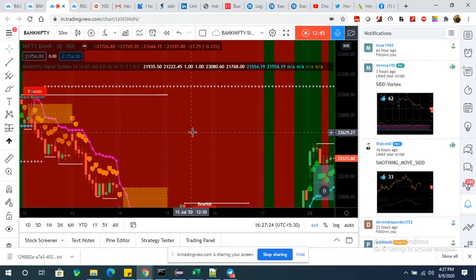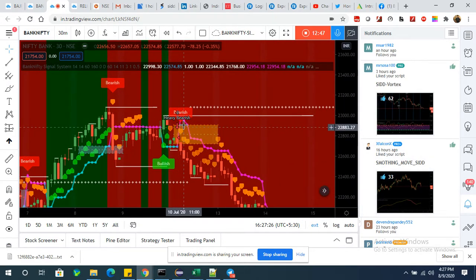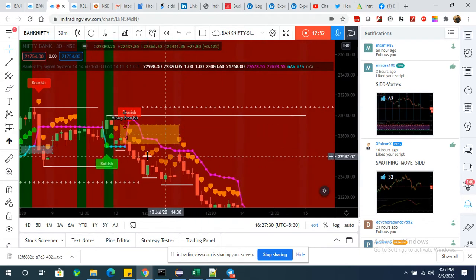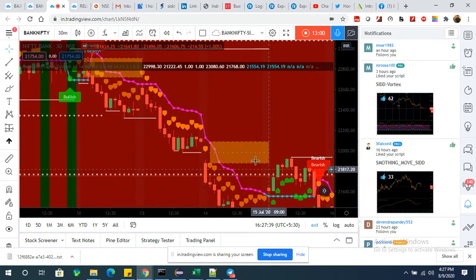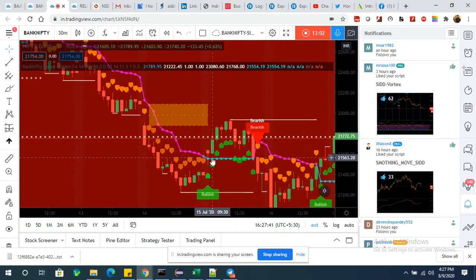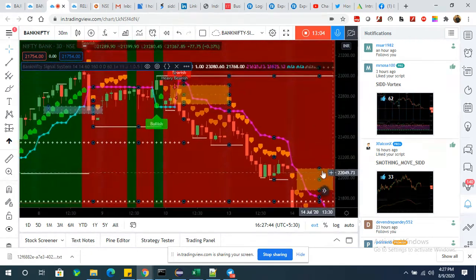Another way to trade is that you see a heavy bearish signal came and a gap down is also there. Wait for one or two candles and then do the trades, and if proper orange signals are coming, that means your trade is good. You can go with the short trades and hold it till any one candle is not closing above the stop loss line.